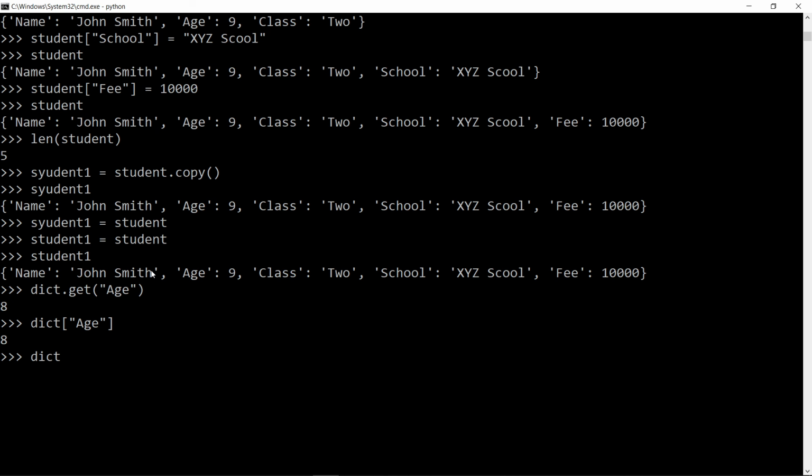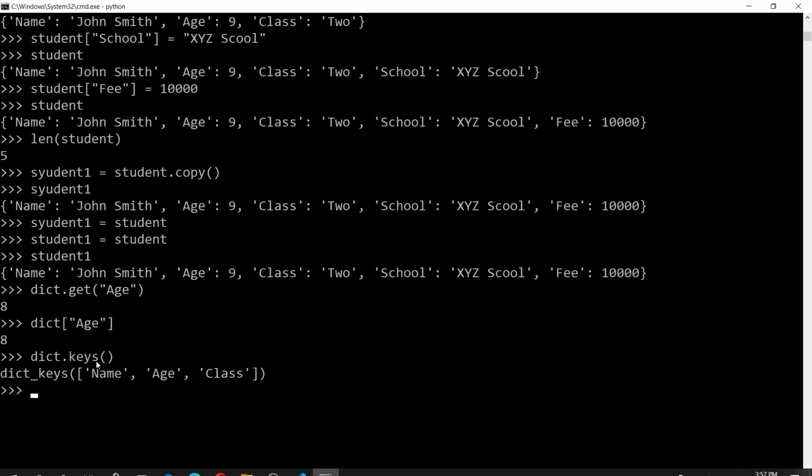Or we can do dot keys. Let us suppose that you are not sure what the keys, what the identifiers of that dictionary are, then you can just use this function and it will show you